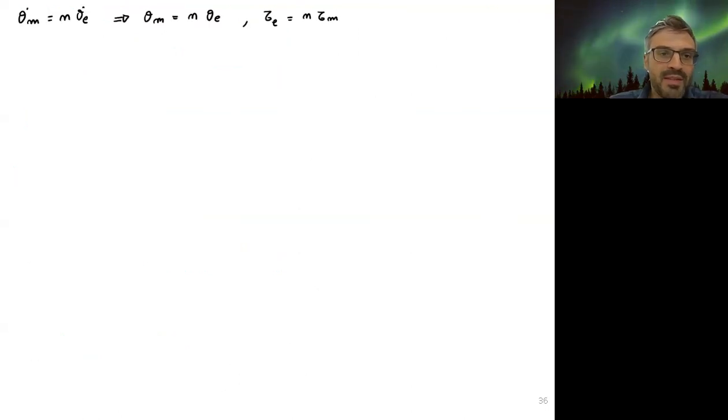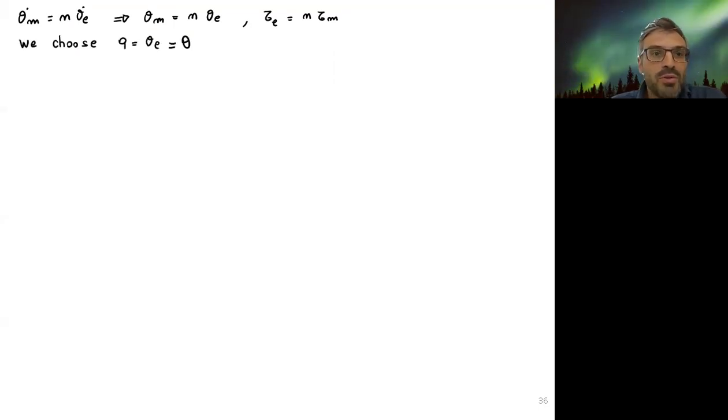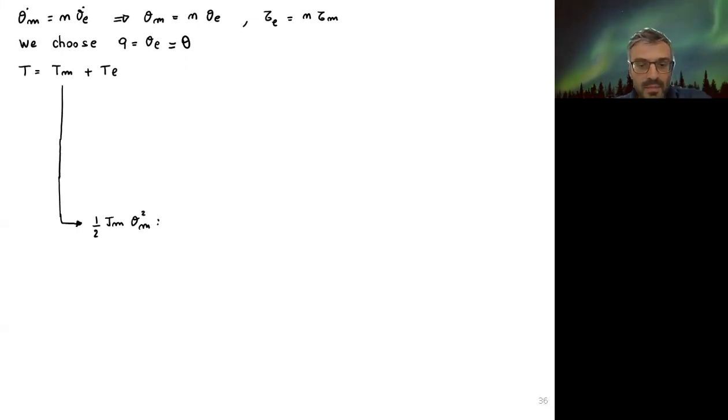So we can relate tau m and tau L, theta L and theta m with the gearbox ratio, and also tau m and tau L. This holds at the velocity level, but if you consider, for example, an offset, it holds at the position level. Doesn't matter. We choose to write everything in theta L coordinate. And at first, so we have